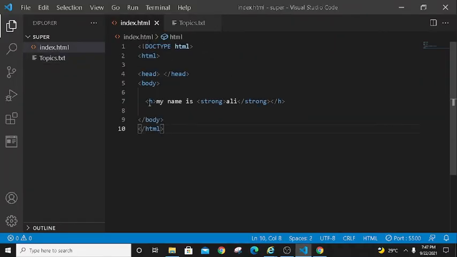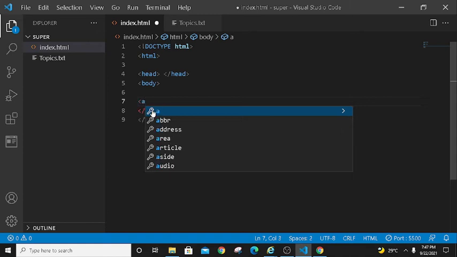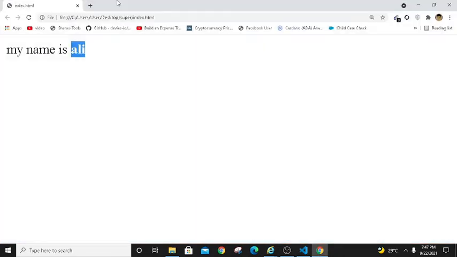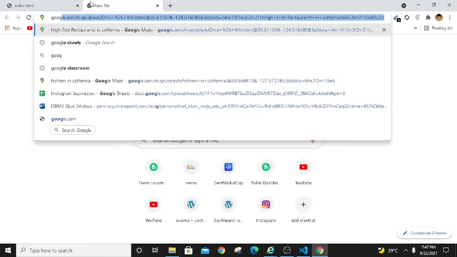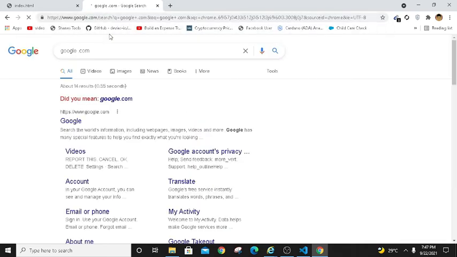Now the a tag. The a tag is also used as a redirecting tag. Whenever you click on the link, it redirects you to another link. Let's take an example, like href, the opening of the a tag and the closing of the a tag. Now I am using google.com like this.